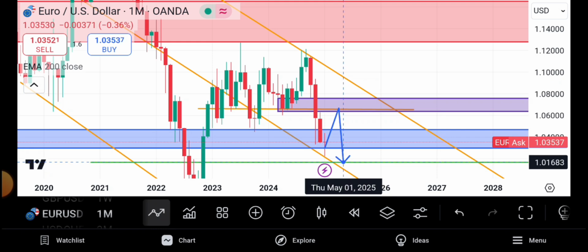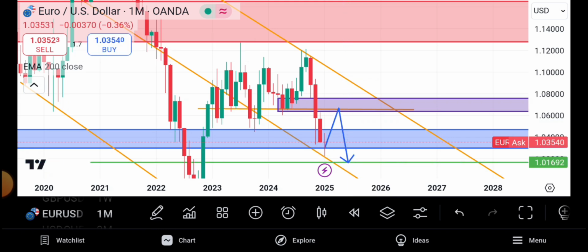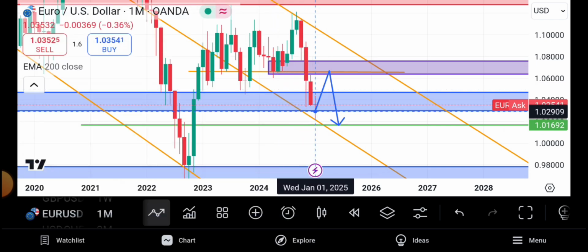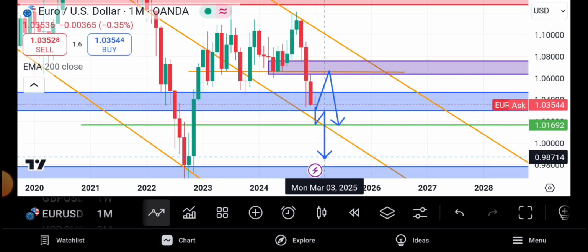Scenario number two is the price action might go direct to this TP2. And once it has gone direct to this TP2, there's nothing we can do, so I will wait for it to reclaim that zone. Once that zone is reclaimed, I'm going to sell to this zone. That is scenario number two. If you have any question, please comment down below, and I'll be willing to help you.